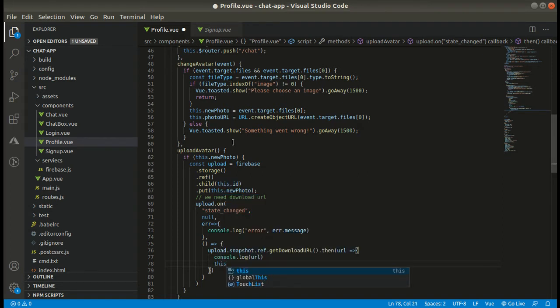Once we get the download URL, we need to call this function update user info. In update user info, we will simply pass true, I mean to say a boolean option, and the URL.